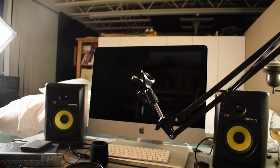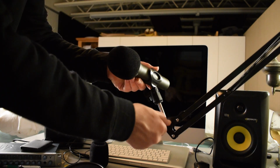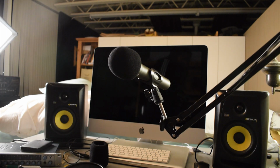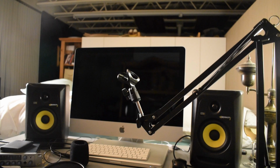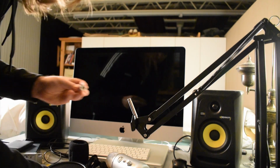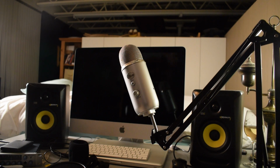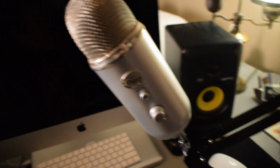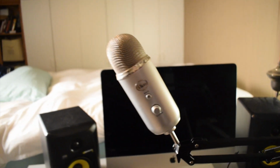Next up, we have the Samson Q2U. Next, let's try the Blue Yeti. And look at that, guys. It even supports the Blue Yeti, which is not a very light mic, it's sort of heavy. Let's go ahead and move this arm a little bit, just see how, yeah, guys, the arm stand